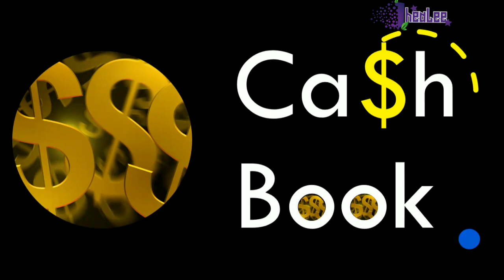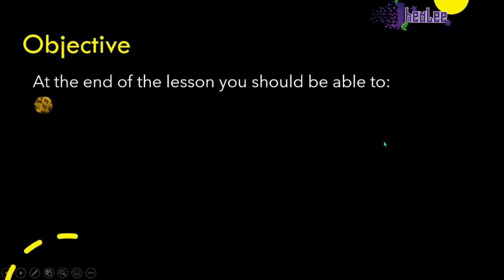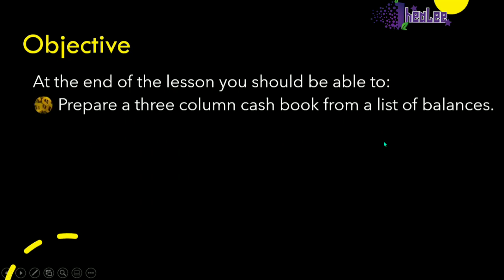In addition to that, you were introduced to identifying contra entries and how to make contra entries in the cash book. In today's session, you'll be taught how to prepare the three-column cash book. So at the end of this lesson, you should be able to prepare a three-column cash book from a list